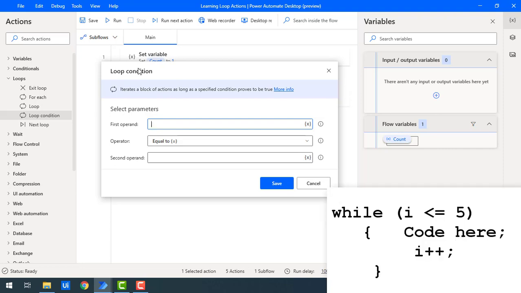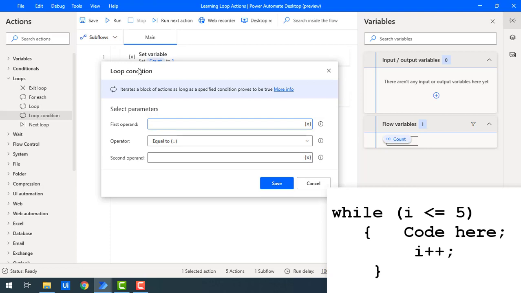Over here, I have a small piece of code to help you understand: while i is less than 5. What it means is, I have already initialized the set variable, count equal to 1, that is i equal to 1, and then I'm going to check the condition over here. Until this expression satisfies the condition, the particular action of code continues executing.